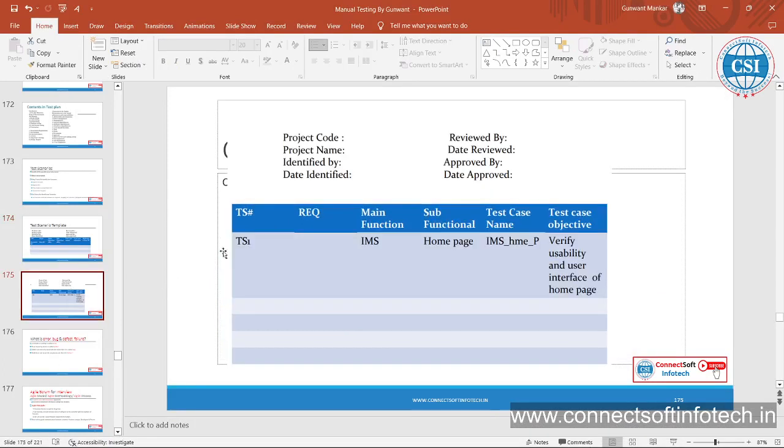This is test scenario template. This is test case ID, requirement, main functionalities, IMS, okay, home page, test case name, this one, verify the usability and the user interface of the home page. Okay, this is usability testing. Okay, so जैसा टेस्ट केस है वैसे टेस्टिंग हम बोलते हैं, यूजेबिलिटी, GUI टेस्टिंग, फंक्शनलिटी टेस्टिंग।